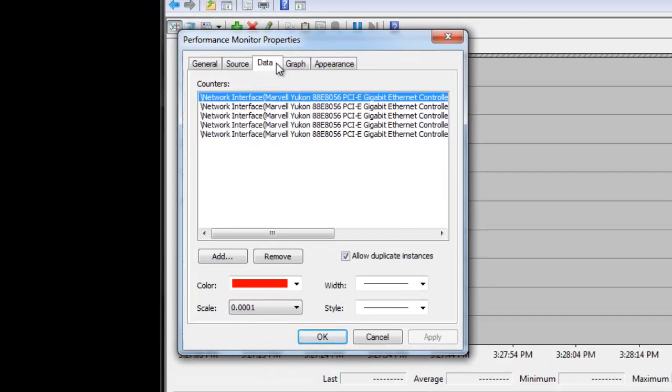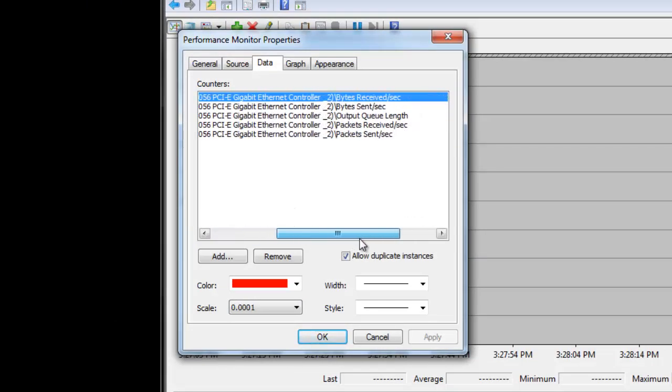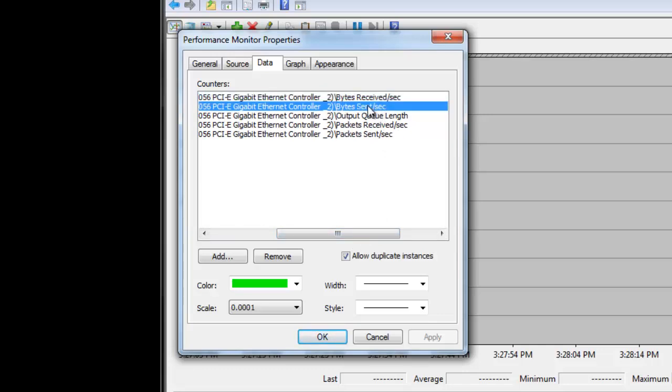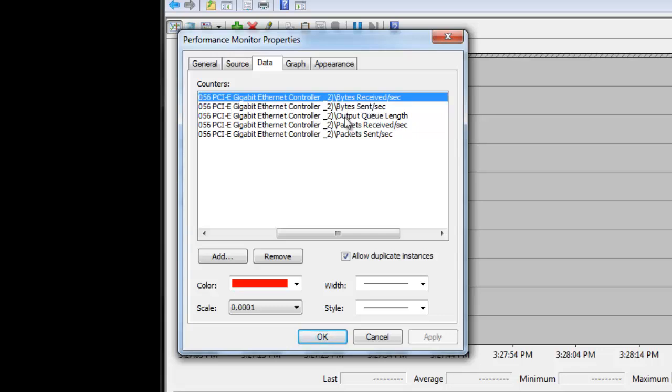For the Data tab, good, that's already selected. Scroll over here to see what we're looking at. Okay, we're going to adjust all 5 of these. For the bytes received and sent, we want to put that as 6 decimal places to the left. So that is the 4th one down here. That'll give us a nice accurate in megabytes reference in the hundreds.